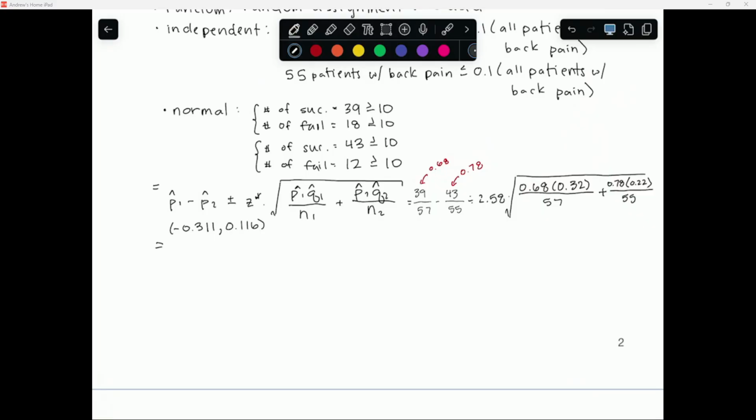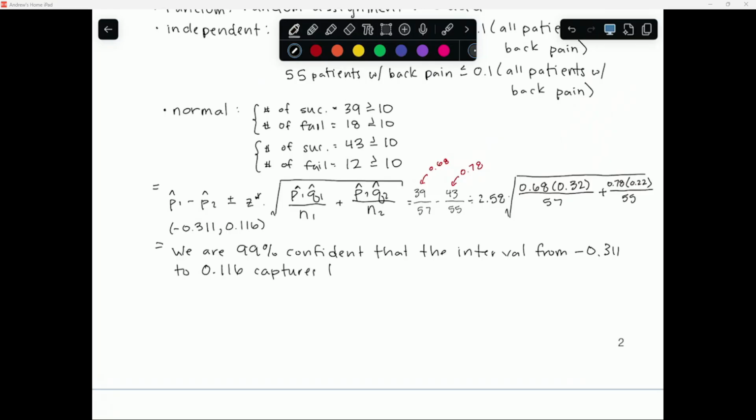And we know for confidence intervals, we say we are 99% confident that the interval from negative 0.311 to 0.116 captures the true difference